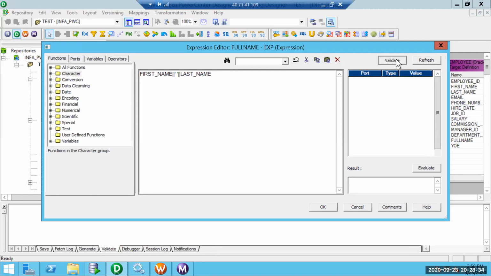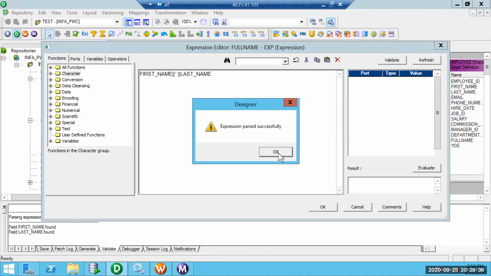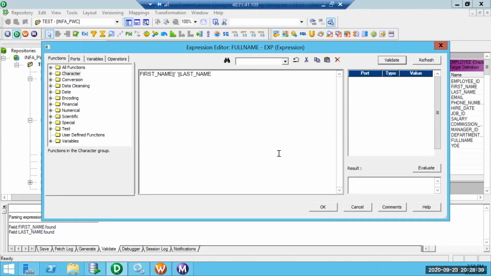So I can validate this expression. Then if I try to refresh, I'll get this prompt where I can provide the values. So A space B will be my output.